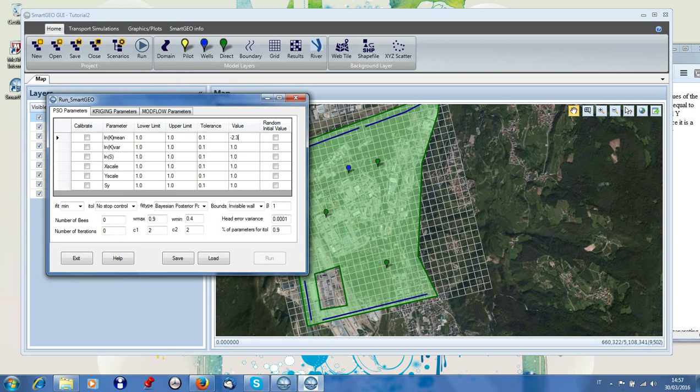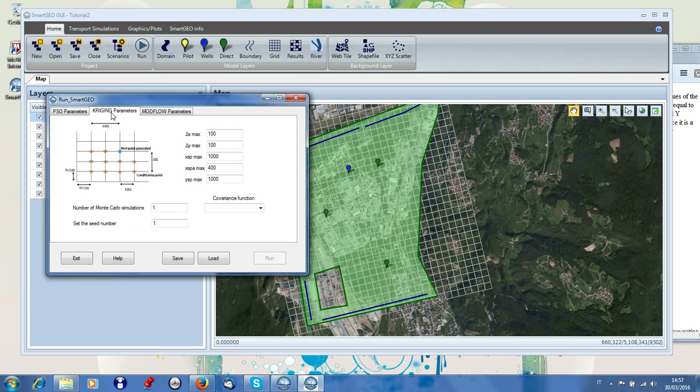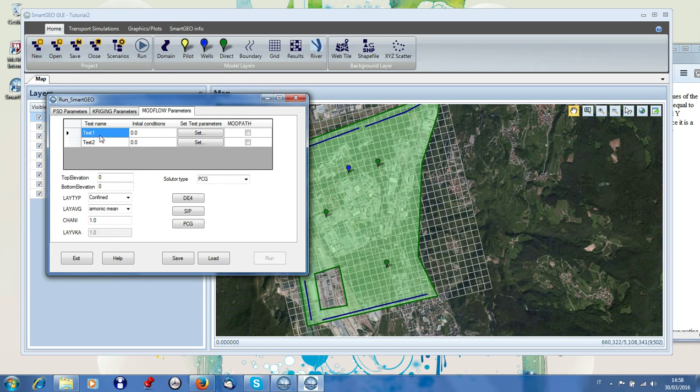So minus 2.3, 0.8, 500, 200. We don't need to fill out these parameters. For Monte Carlo simulations, we say 5, the seed number, the shape of the covariance function, and we need to set also the MODFLOW parameters. So the constant value for the initial hydraulic head,